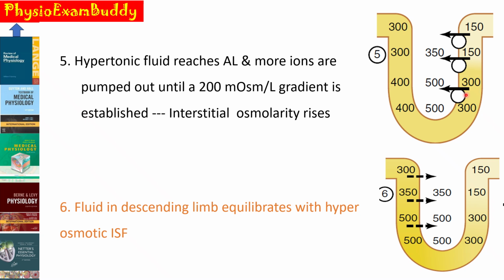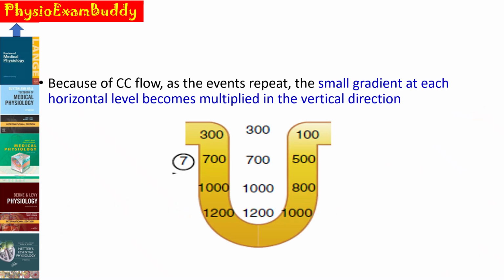So the hypertonic fluid reaches the ascending limb of loop of Henle, and more ions are pumped out until a 200 milliosmole gradient is established. And you can see here that the interstitial osmolarity rises from 300, then 350, then into 500. Now, in order to maintain the equilibrium, what happens? Fluid in the descending limb should move out into the medullary interstitium, equilibrating the contents of the tubular fluid with the medullary interstitium. So here the passive transport of water is again shown. So these steps will be repeated again and again